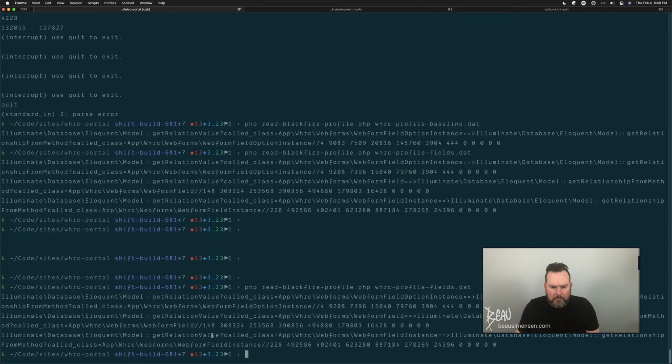I want to figure out where... we did have 3 instances of this though. Called class relationship from method. Alright, so the relationship value called